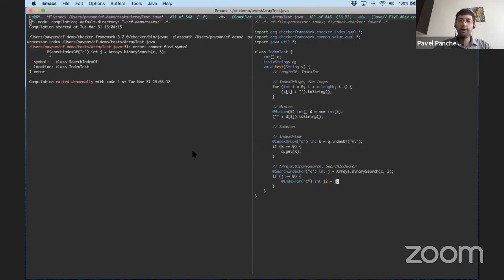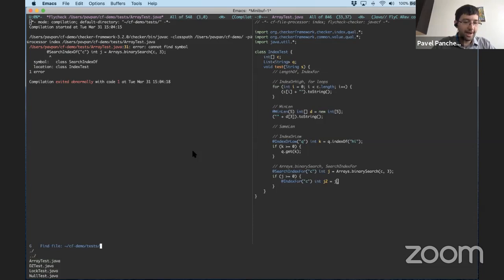So questions about the index checker? Okay, well, if you all have questions, you can always put your hand up and I'll try to get back to you as soon as I can. Also, the chat tips have been great.